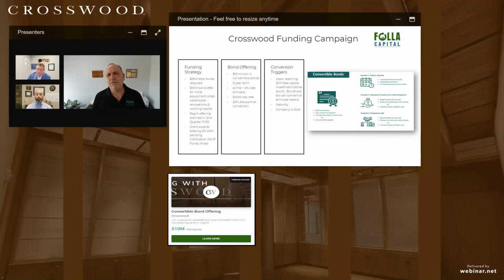But the good news is after the term, each investor has a couple options to convert that principal into equity. Option one, that you see on the right there, scenario one, is you just hold the debt till security. And if there are other opportunities that the investor has to redeploy those funds, they're free to do that because they get their principal back. In traditional equity deals, as you know, you have to wait to sell the company in most cases to get your investment back. But this gives a 5-year window for investors, giving them the opportunity to recover their principal if they're not satisfied. If they can get a better deal with another investment, it allows them to do that.